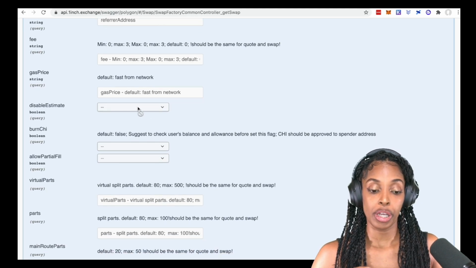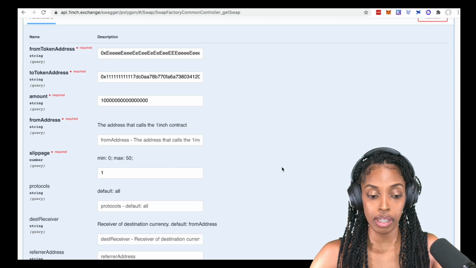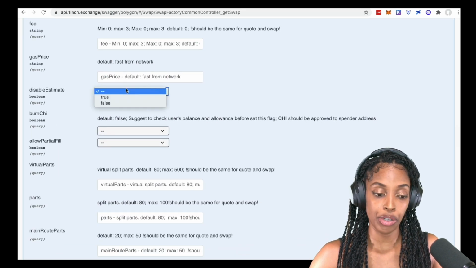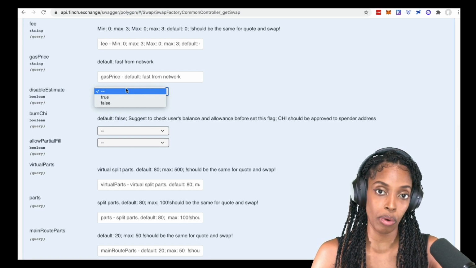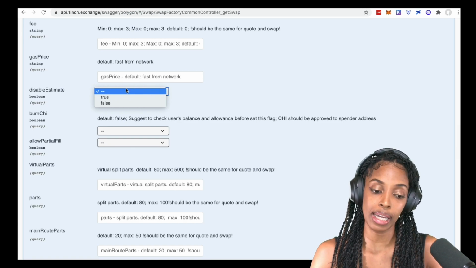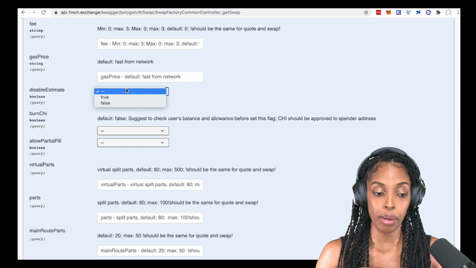Disable estimate is really important because, let's say you're performing a swap and you don't already have the assets in your wallet, or you just want to check the price of something, then you want to set this to false, because essentially it checks to see whether or not you do have those assets in the wallet before